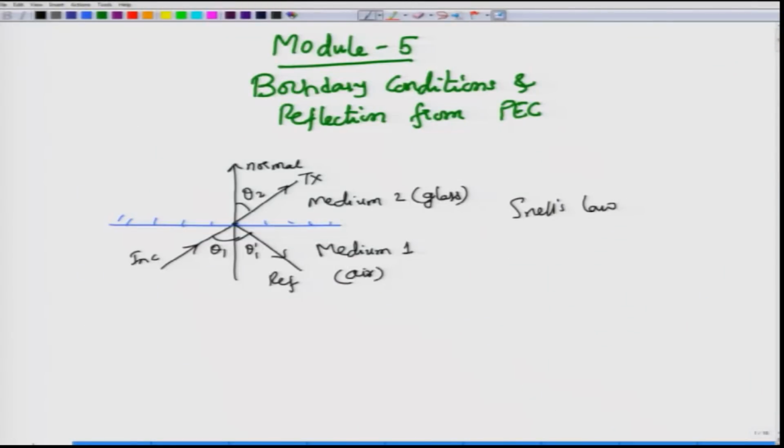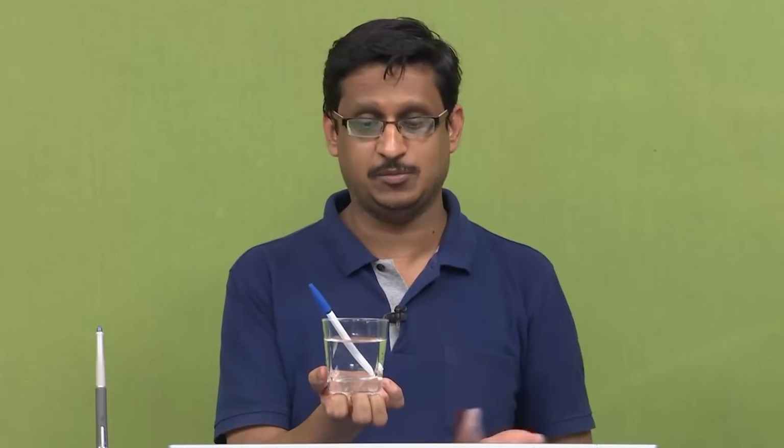In this module, we discuss boundary conditions and reflections from a perfect electric conductor. Now, before we discuss boundary conditions and the reflection from a perfect electric conductor, let us go back to our childhood and look at some of the experiments that we would do without really knowing that they were experiments